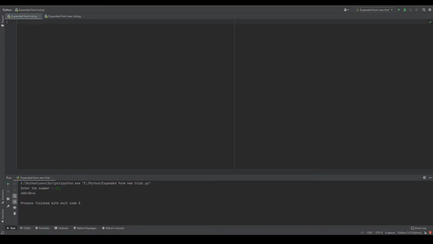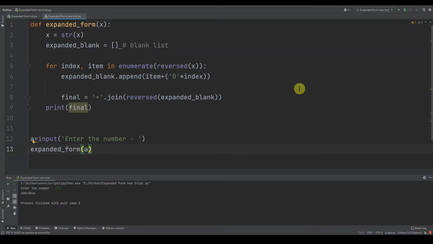If you are a beginner, to understand this program, you should know what a function is and how to define it. You should also know what enumerate, reversed, and join functions are. I will be going through all of these one by one, and we will go through the solution in a gradual manner. Before that, I'll just show you the whole solution. You can see this and you can copy it if you don't want to go through the whole video. Just copy this and you'll be good to go.